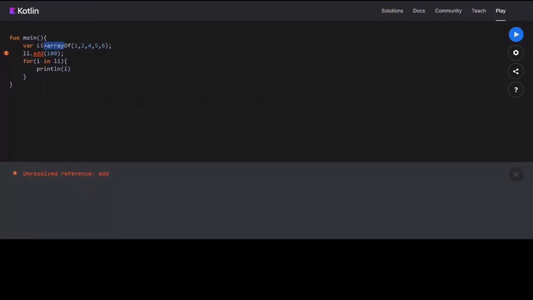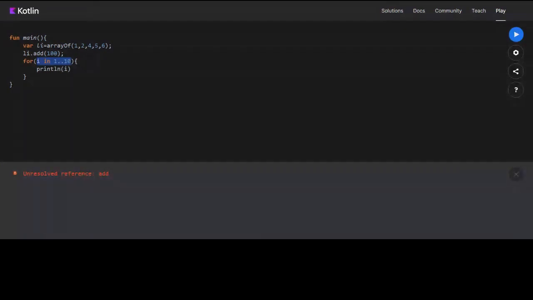Question: how is i doing the loop from 0 to n with i++? If you are printing 1 to 10, this is the syntax for the loop. What this returns is a list of numbers from 1 to 10, so i will iterate through 1 to 10, and then you're printing i. So this is how the for loop works in Kotlin.